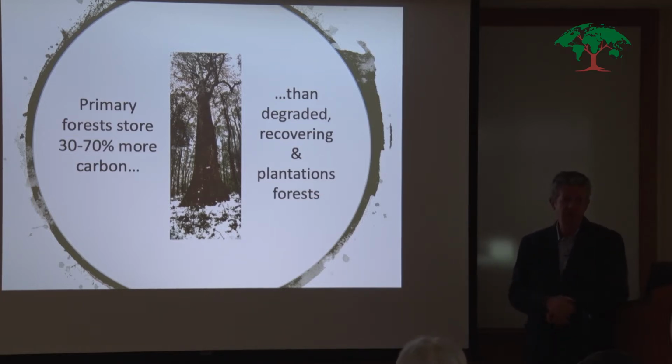So most of the carbon that's in a forest is stored in the woody biomass of large old trees. I mean, that's just the simple, in the stems and in the roots, and depending on the species, it can also be there's a lot in the branches as well. So, of course, when we commercially log a forest, the first cut takes out the big trees, and successive cuts keep the forest at a young age and never allow the big trees to grow. So there's a range. It depends upon the forest ecosystem type and the logging regime and the logging cycle, etc. But basically, primary forests just store a hell of a lot more carbon than any other forest types that we're